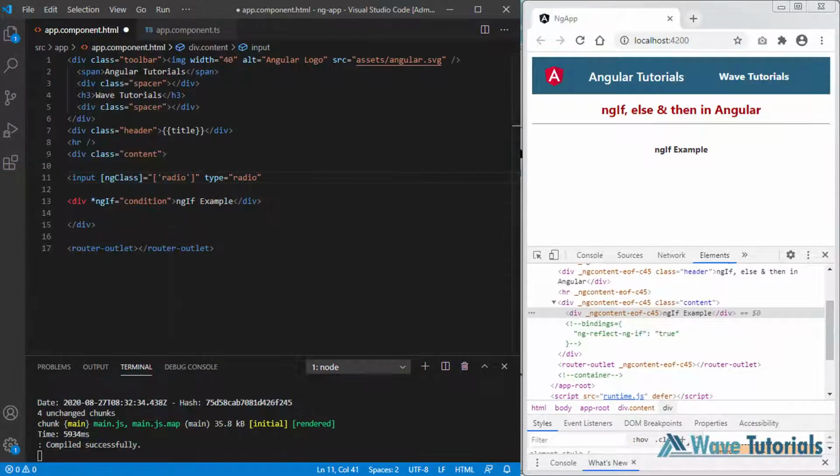Also let me get some more space here. Let's give it a name as radio selection